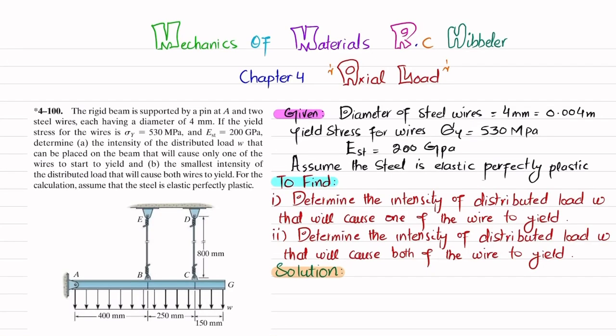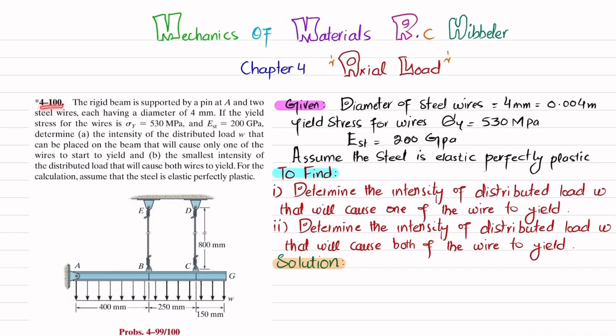Welcome back. In this video, we are going to solve problem 4-100 that is taken from chapter number 4, Axial Load, and the book name is Mechanics of Materials by R.C. Hibbeler. So the statement is: the rigid beam is supported by a pin at A and 2 steel wires, each wire having a diameter of 4 mm. If the yield stress for the wire is 530 megapascal and the modulus of elasticity of steel is